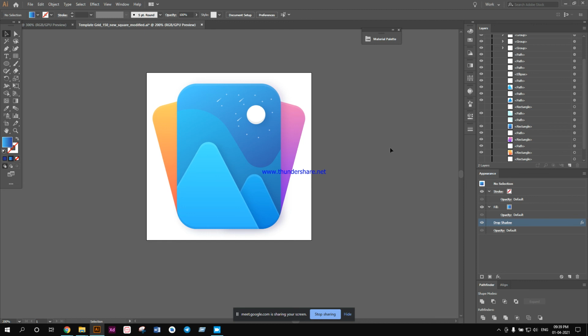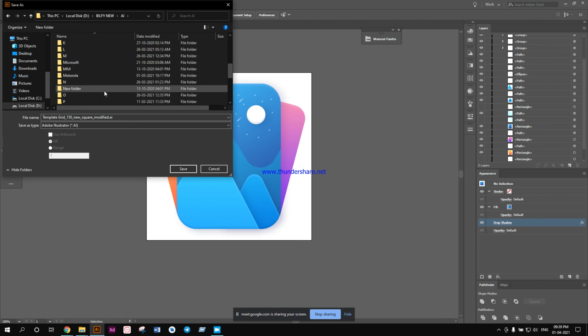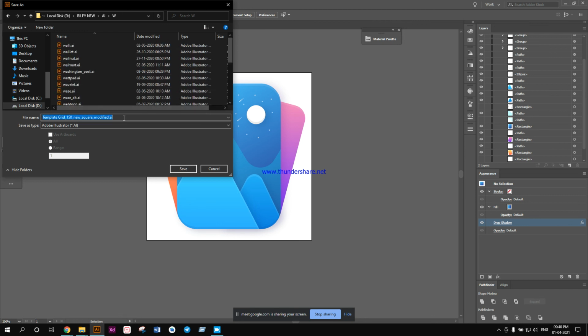Okay, so I'm just going to save the project. I'm quite happy with the design. You may not be, but that doesn't matter actually, because the design should be according to the designer's perspective. Someone may like, someone may not like, but I cannot make any design thinking about everyone. All designs are like this. You may or may not like, it doesn't matter at the end of the day.